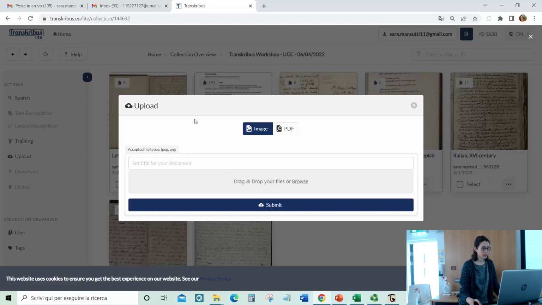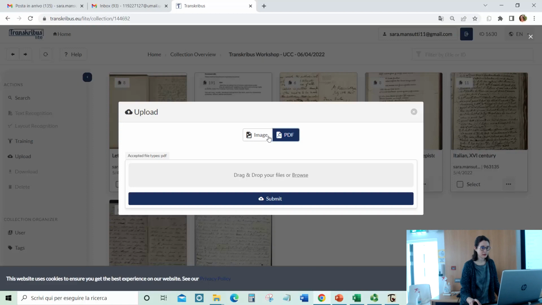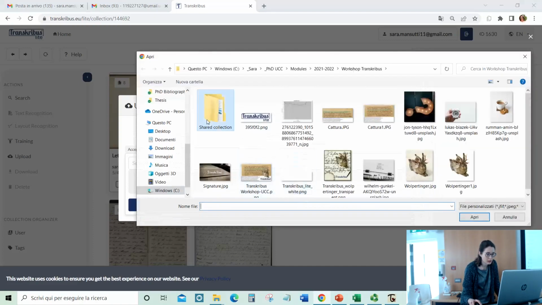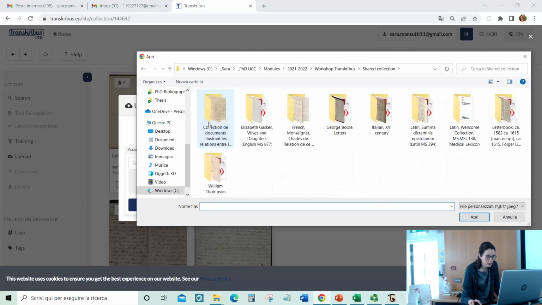You see there is only image or a PDF. There are not the other options, and I take a document from my computer, this one,